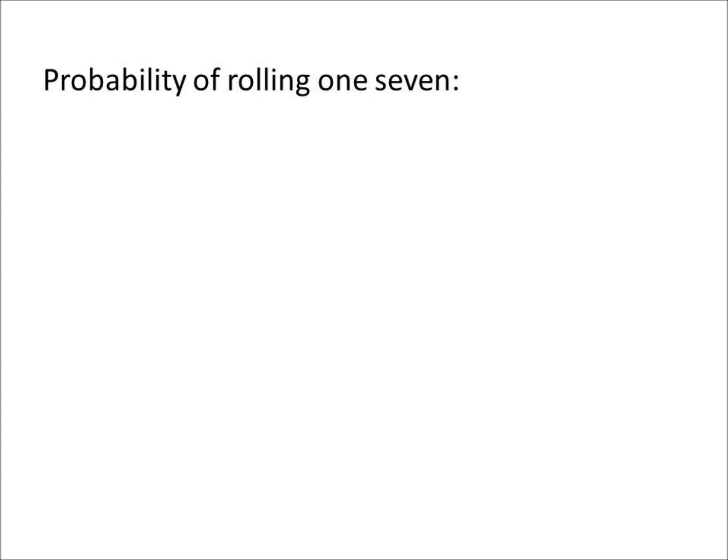We know there are 6 ways to roll a 7, since we have studied this problem before. The sample space for this was 36, the number of different ways to roll a sum from 2 to 12. Our probability then is 6 over 36, or 1/6. Now we can use the multiplication rule to find the probability of rolling 7 6 times in a row. 1/6 for the first roll times 1/6 for the second roll. We continue till we have 6 multiplications.